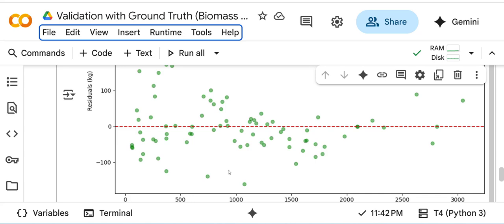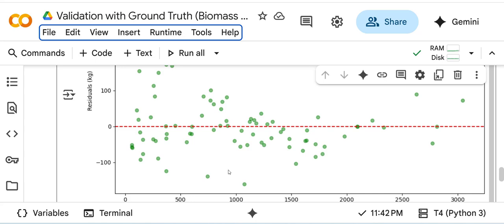In summary, today we learned to validate biomass predictions against ground truth data for geospatial tasks using enhanced metrics like MAE, RMSE, MAPE, and R-square. You ran a demo in Colab, observing a test MAE of 61.77 kilograms and R-square of 90.98 with some insights from the high MAPE and residual plot.